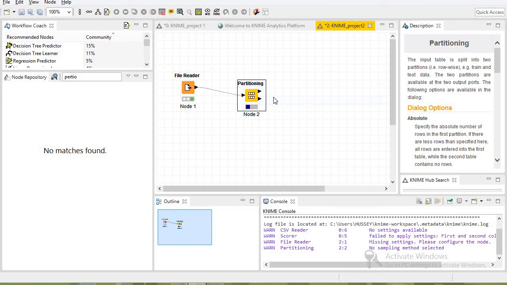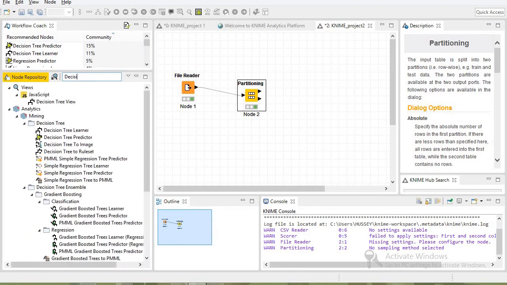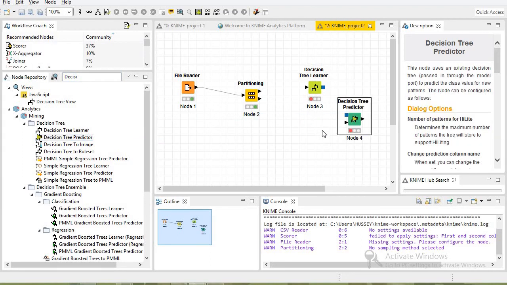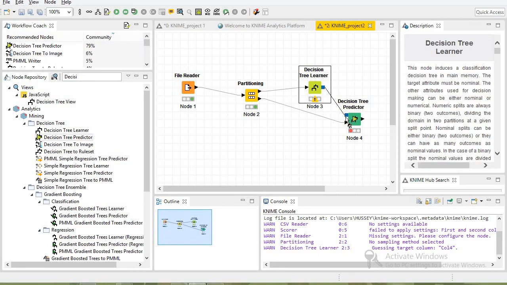Now I execute this one by this only. So now it is executed. Now I have to take the decision tree learner, and we also need to take the decision tree interpreter. So we put this thing over there. Now we have to join this by using this. Now it is ready to run. We have to join this node by this here, and we will join this node by this here. Here this data will automatically take the value and make our program run.